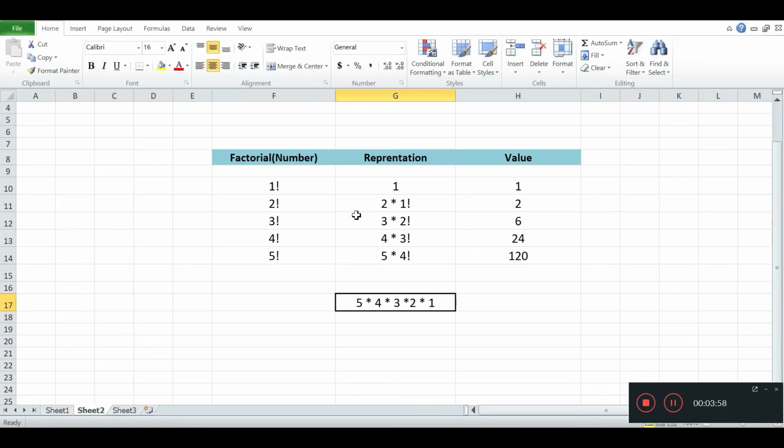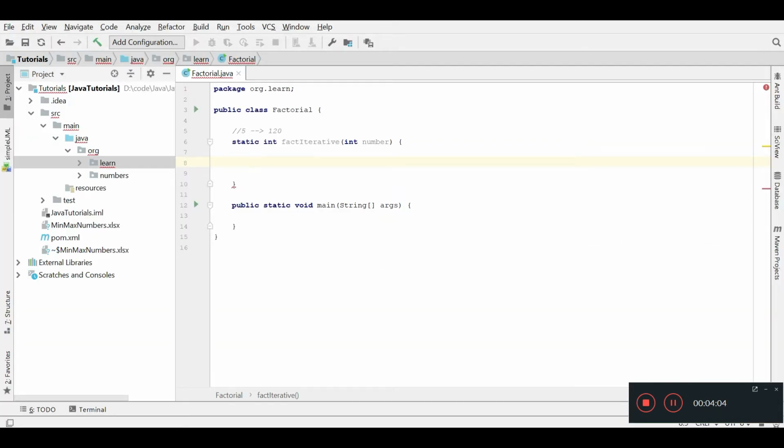What we saw in the Excel sheet is that to calculate the factorial of a number, we just multiply the numbers. It is that simple. So let's define our fact, which will contain the factorial of the number, and we will return this fact.